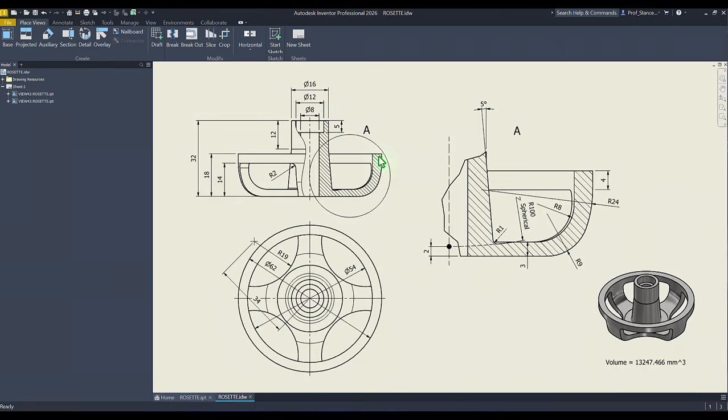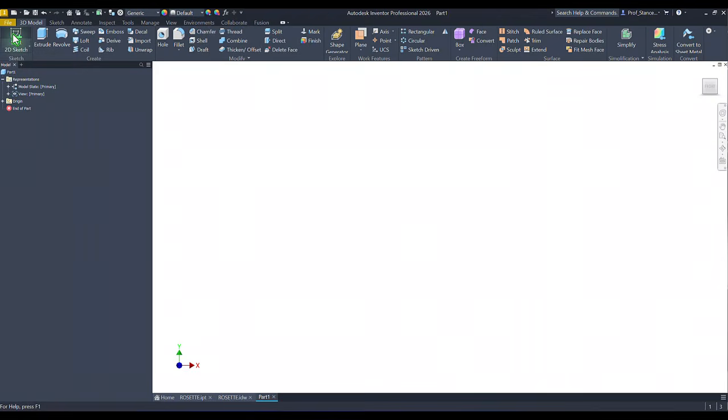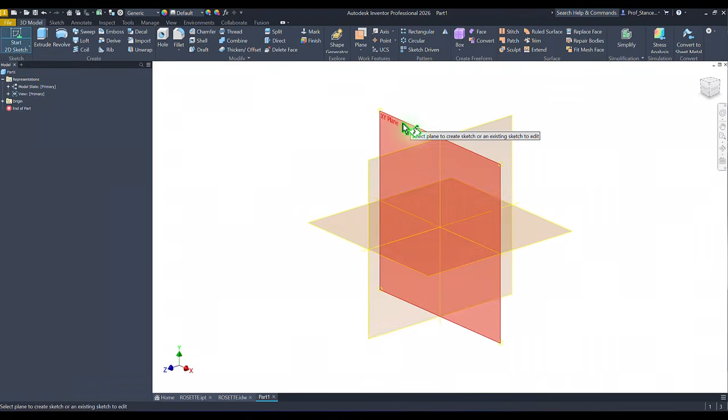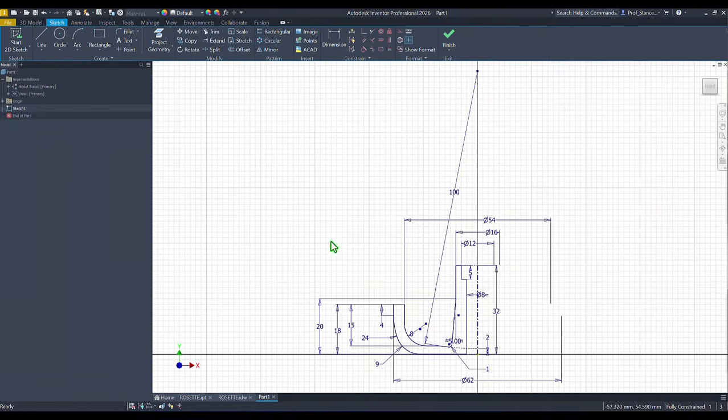New standard millimeter size PT, new sketch, XY plane, and this is the sketch. We change the name here to basic sketch. I'm sure that you can manage this sketch without any problems. You have to take care with this 2 millimeters for this 100